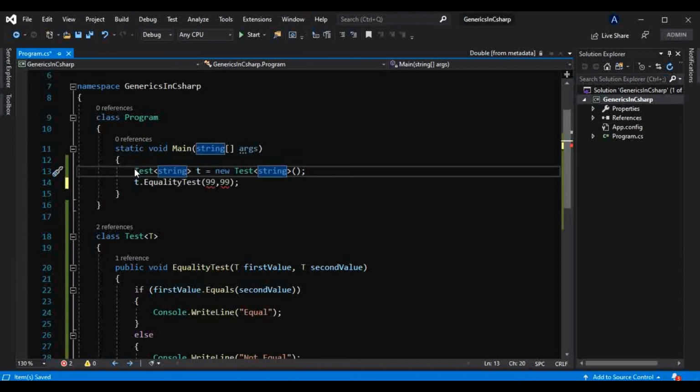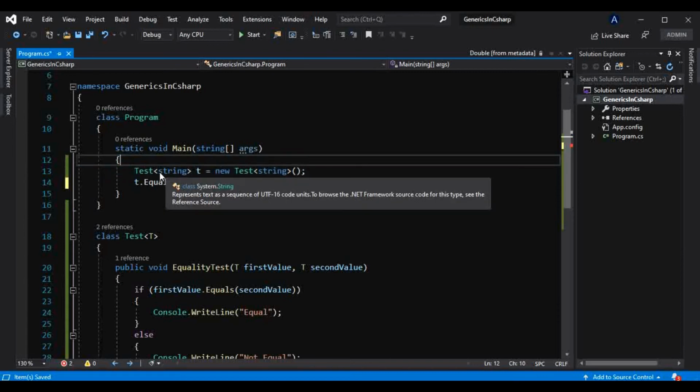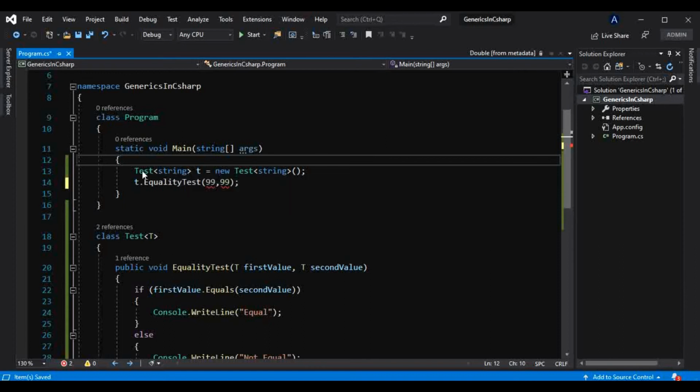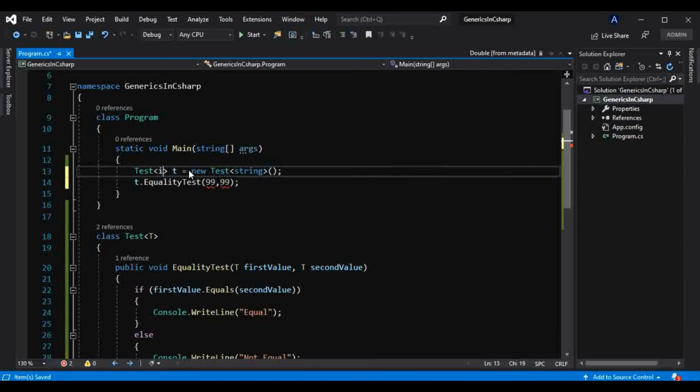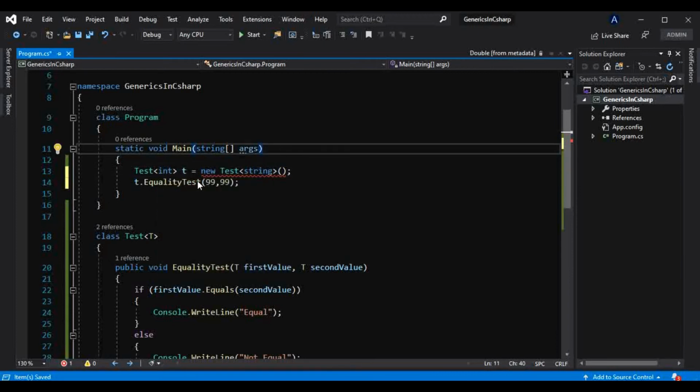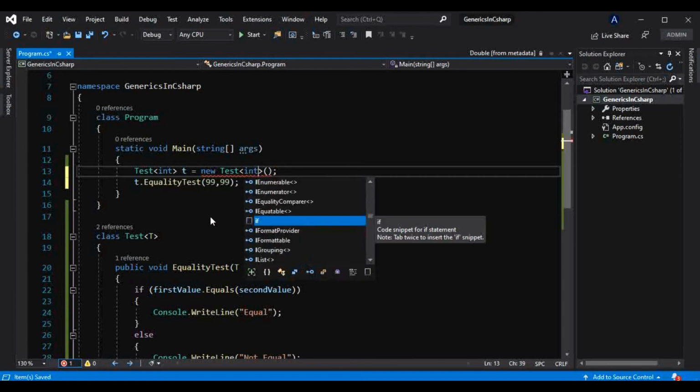That is, this class has defined its members to work on this string only. And if I use integer here, now it is good. We can use that, something like this.